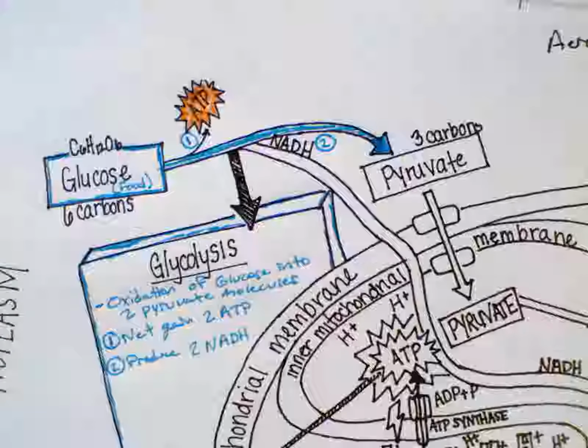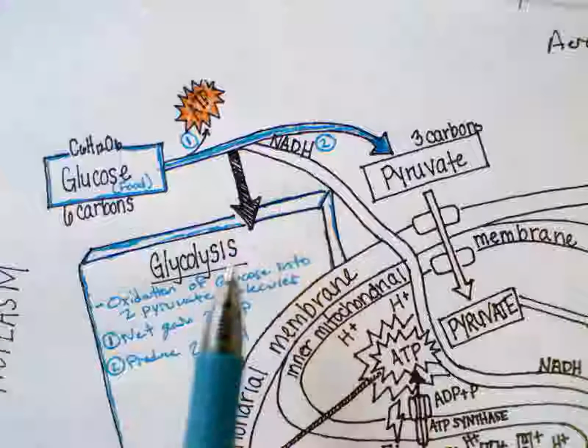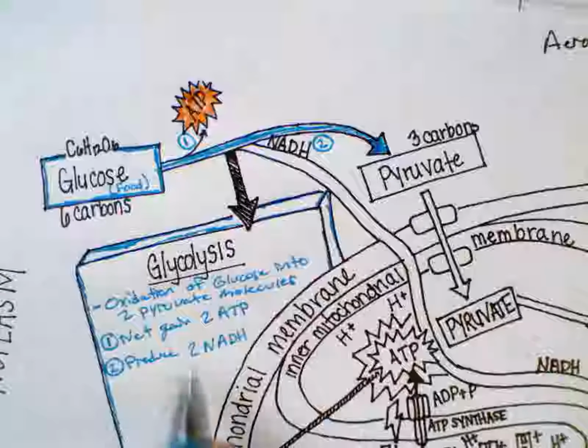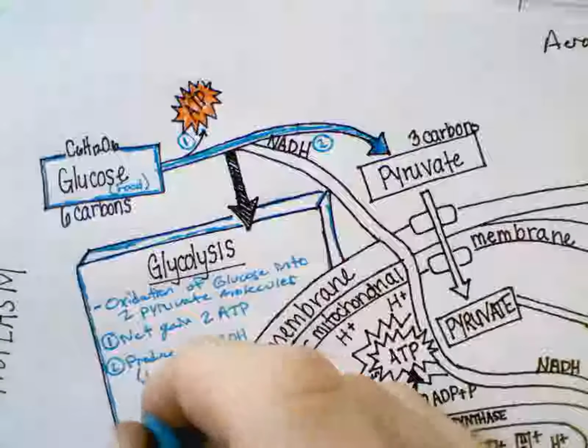But we're going to oxidize what is left of this glucose, which means we're going to take electrons off of it and put them onto NAD+ to make NADH. And NADH is an electron-carrying molecule. It carries free electrons, it's very high energy, and those electrons are going to be transported to the electron transport chain. So we produce 2 NADHs, and those are going to enter